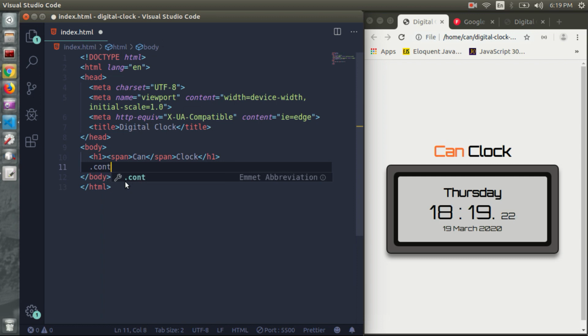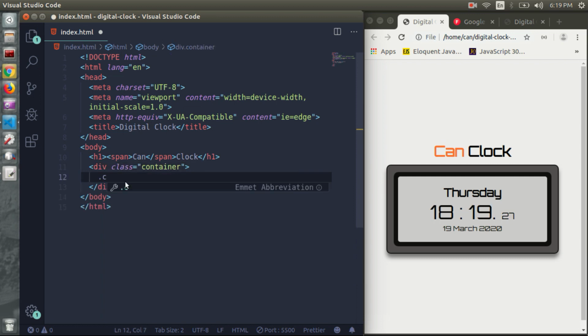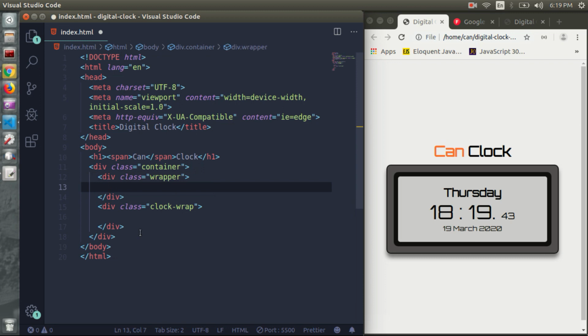Alright, so let's create a container and say wrapper. But we want to wrap everything. Just put the clock wrap inside the wrapper like so, and inside the clock wrap we need to create